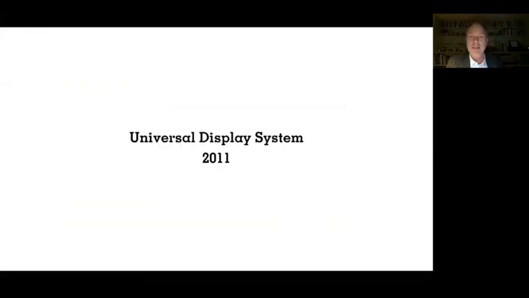So the second project I'm going to show, which is at the opposite scale, is the Universal Display System, which was designed for the Design Museum, which every year has an exhibition of the best designs of the year. We were asked to make a bespoke display for a set of objects whose scale or type we would not know until very late, a few weeks before the presentation, which was to do with the judging. So this had to be a very, very flexible